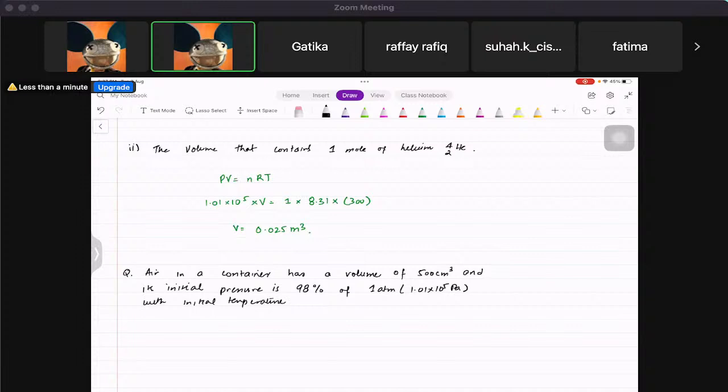With an initial temperature of 26.85 degrees Celsius. The gas is then expanded by 200 centimeter cube, so that